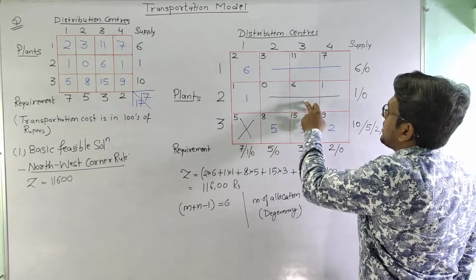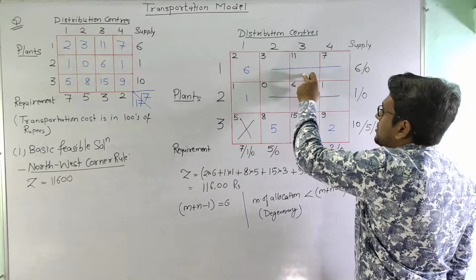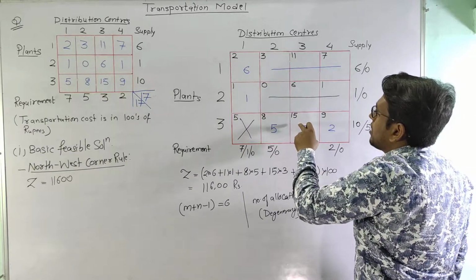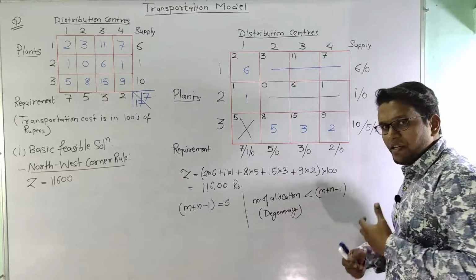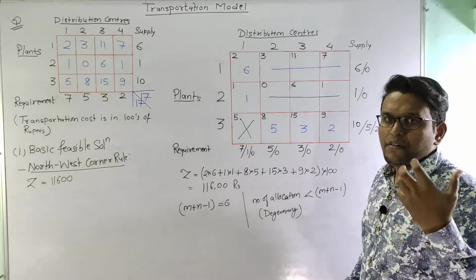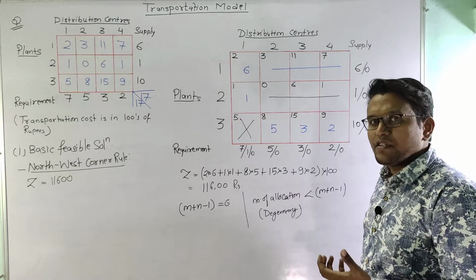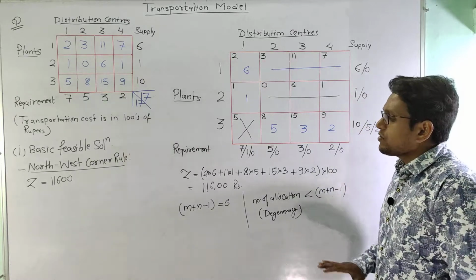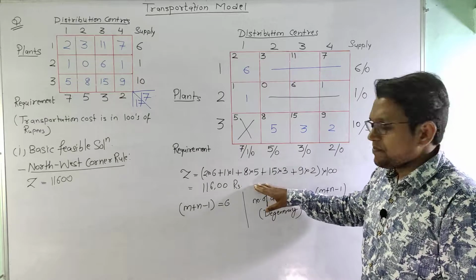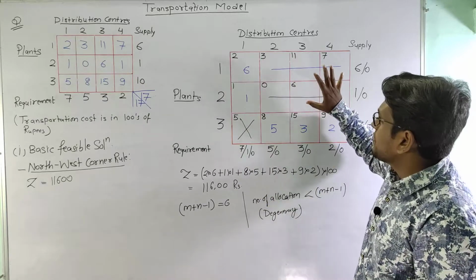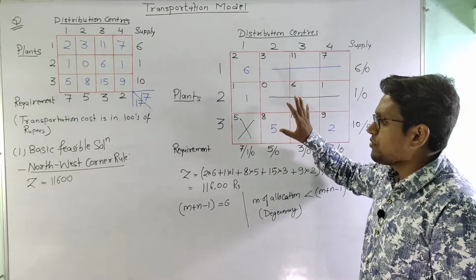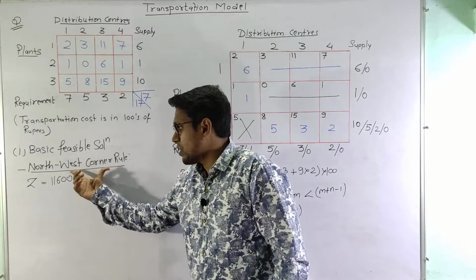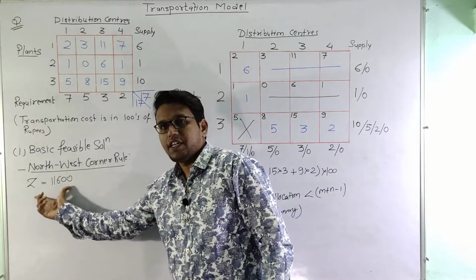So we will select any cell such that it will not form a loop. So we will study that in the coming lectures when we are solving the problem with degeneracy. Here we are only focusing on finding the basic feasible solution. So here we have obtained our basic feasible solution through northwest corner rule, and the value of Z here is coming as